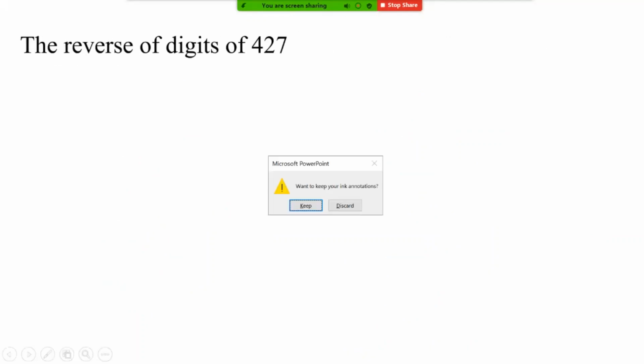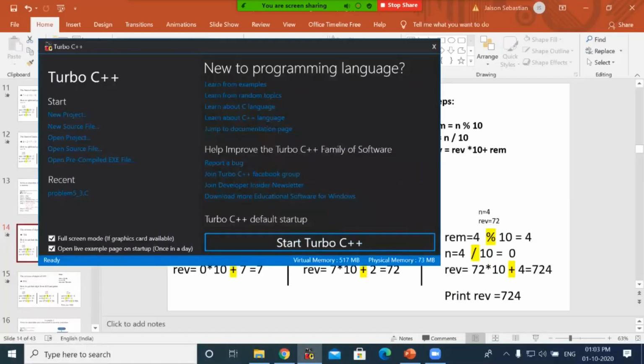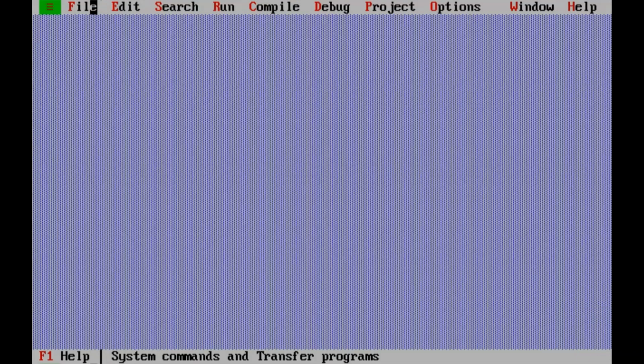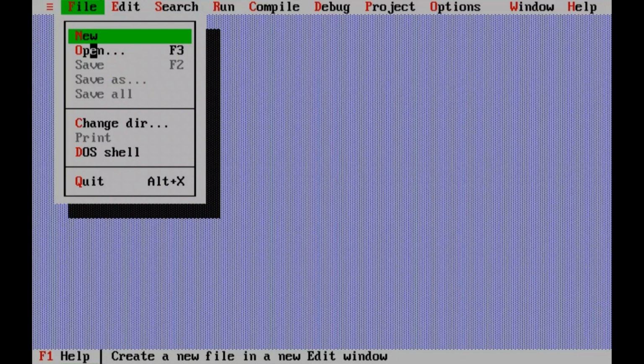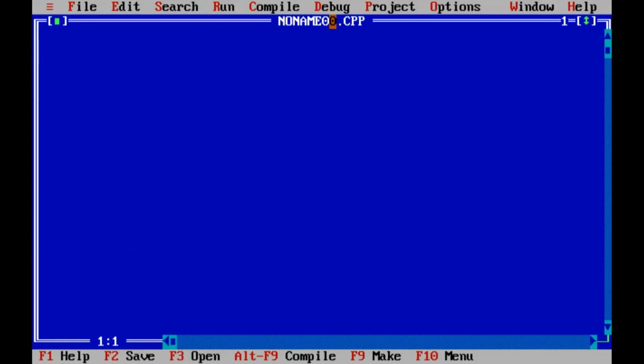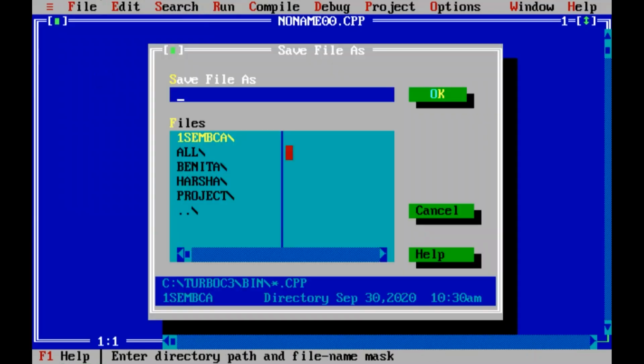So now we will move to Turbo C and start the program. All are ready? I will be asking the steps. So when you are going to the Turbo C, I told the first thing you should be doing is save the program. I don't want to see any of the program with a no name .cpp. Got it? I will not correct errors if you are sending me like that.